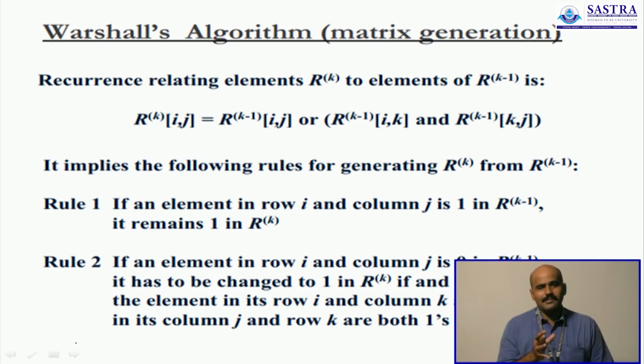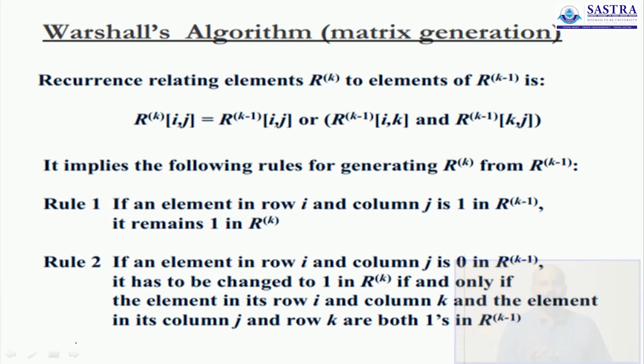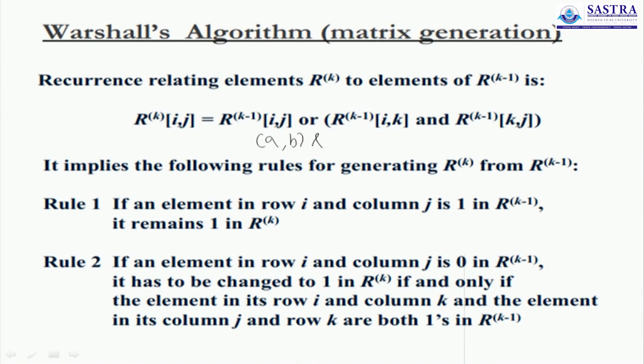Any element in the matrix remains a 1 if it is already a 1. So unless it is a 0, you don't disturb it. If it is already a 1, you leave it undisturbed. So you make corrections only when there are zeros. You try and make the zeros to ones, because we know that if A B and B C are part of the relation, so will have to be A C. So a 0 should somewhere be made a 1, but which 0? That is what the algorithm defines in step 2.